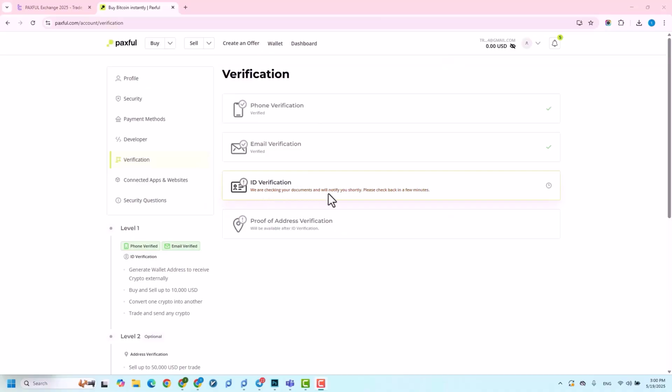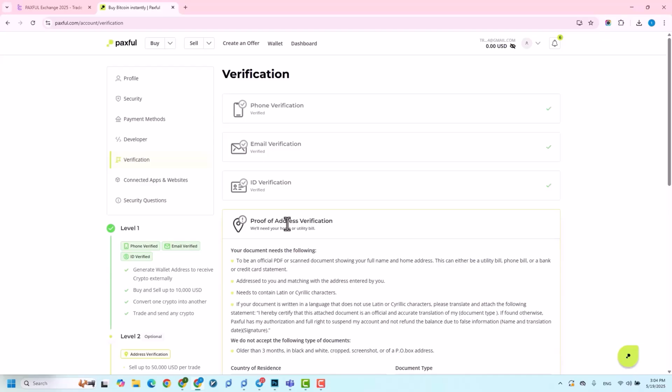As you can see, this item is under review, and within a few minutes, the final response from the exchange will be communicated to us in this section. Our identity verification documents have been successfully accepted by the Paxful exchange. The next step is related to verifying your residential address. We click on this option,